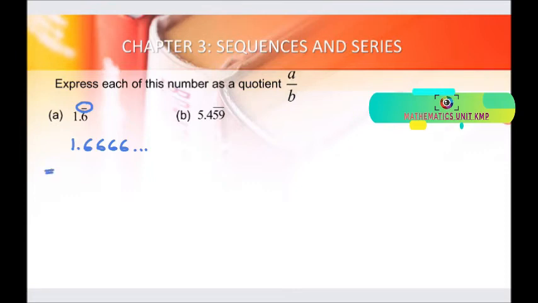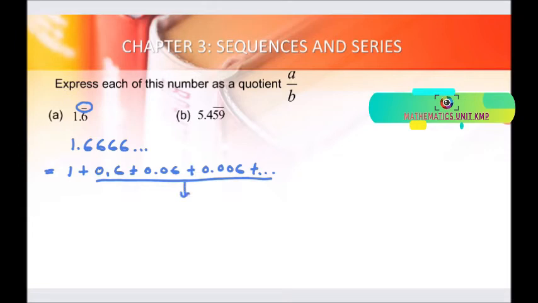So let's separate the number first. To get this 1.666, we can represent it as 1 plus 0.6 plus 0.06 plus 0.006 and so on. Now we take just this part, 0.6 plus 0.06 plus 0.006 and so on. We can write it in this form: 0.6 multiplied with 1